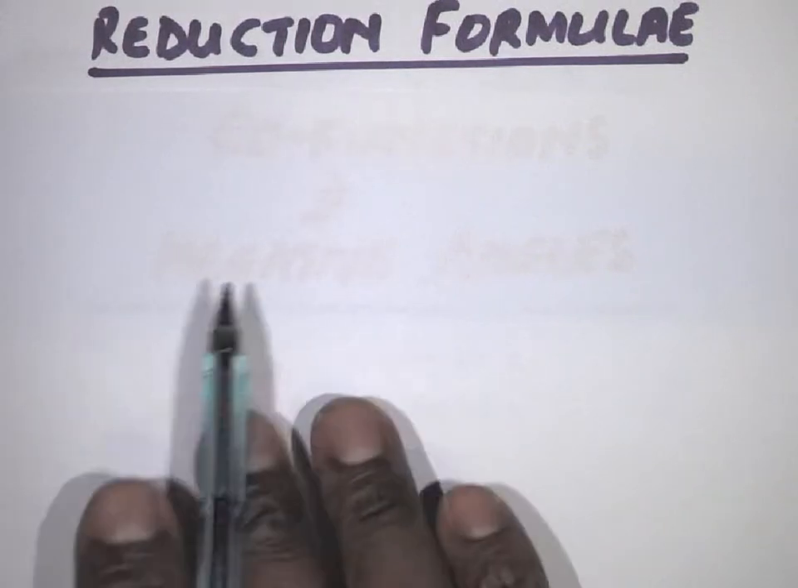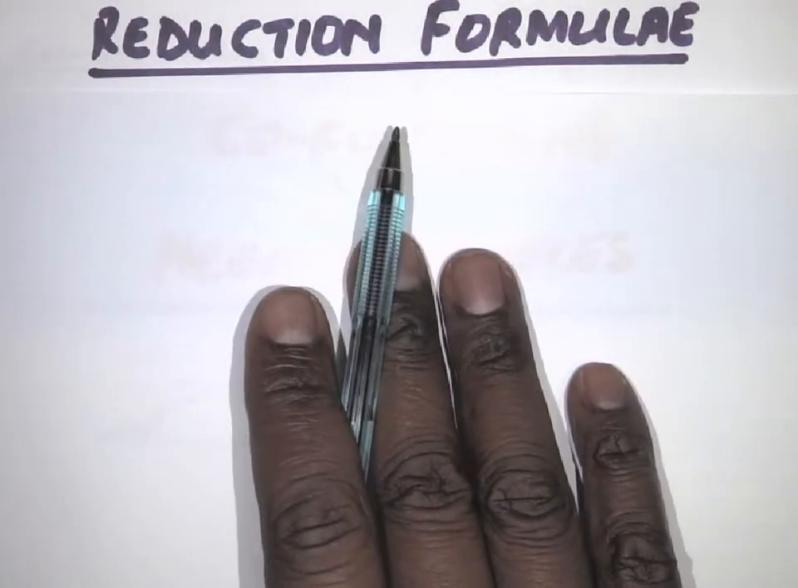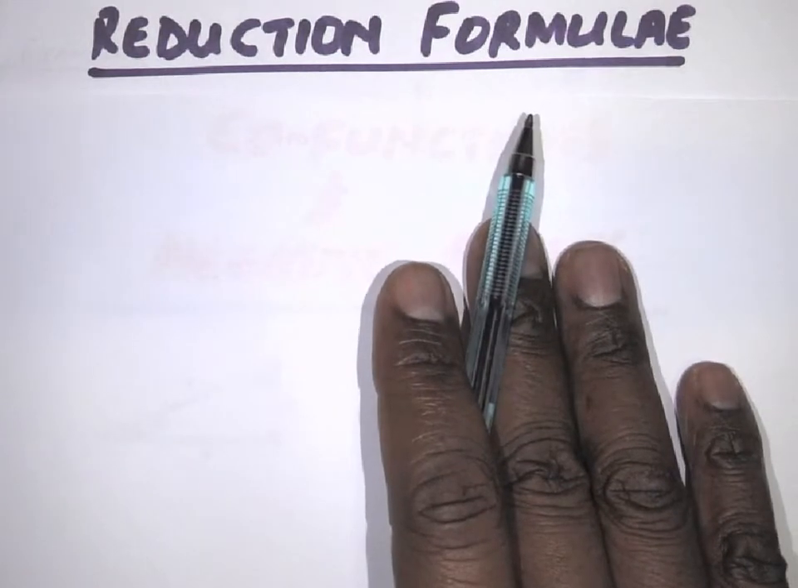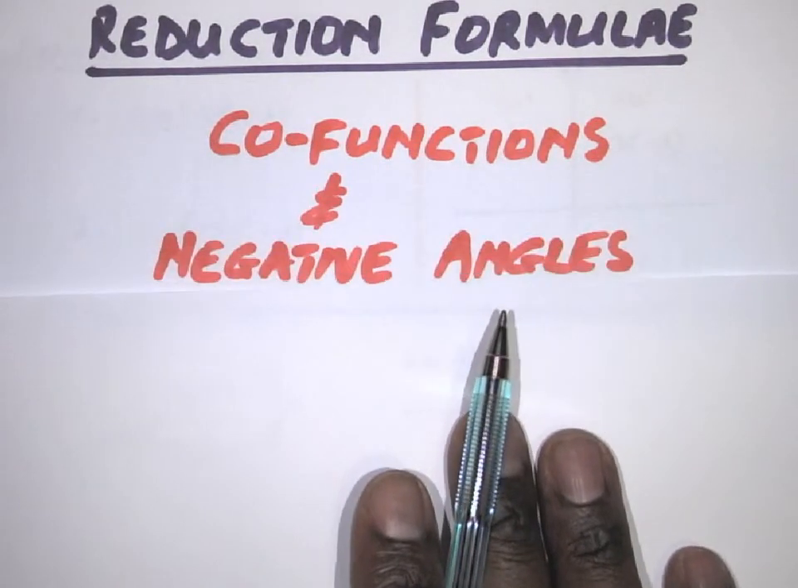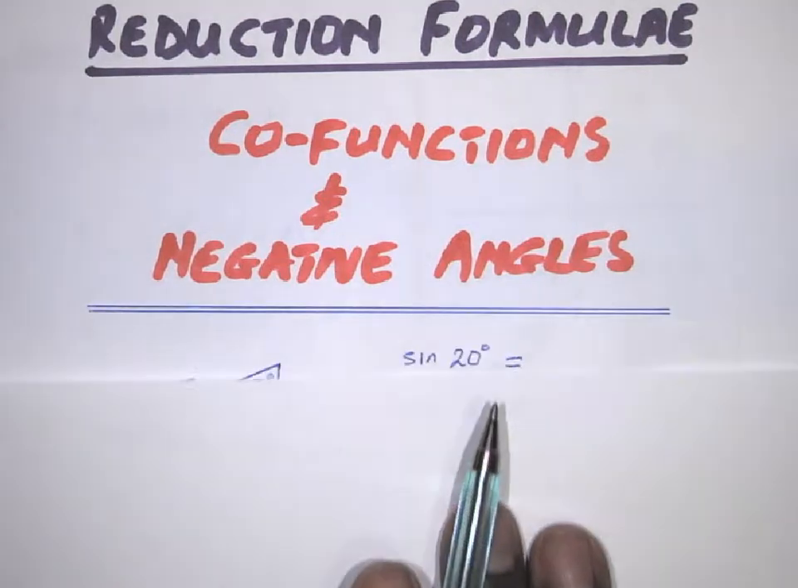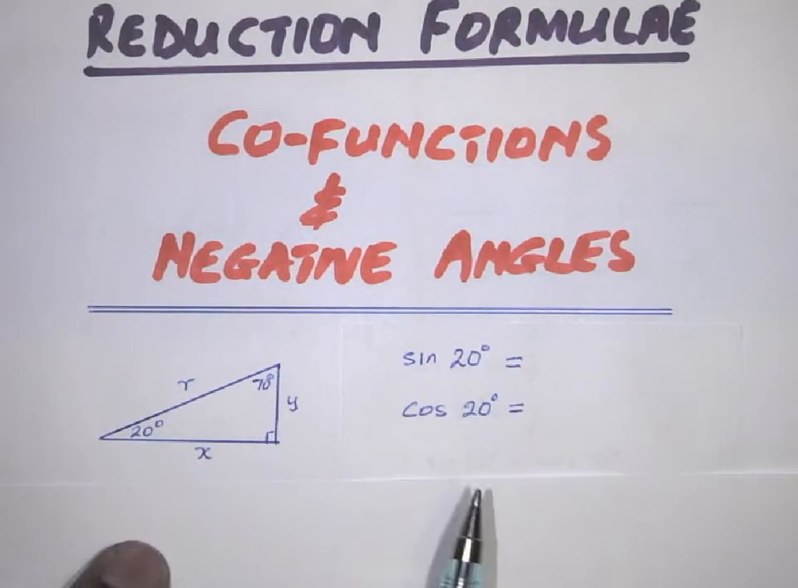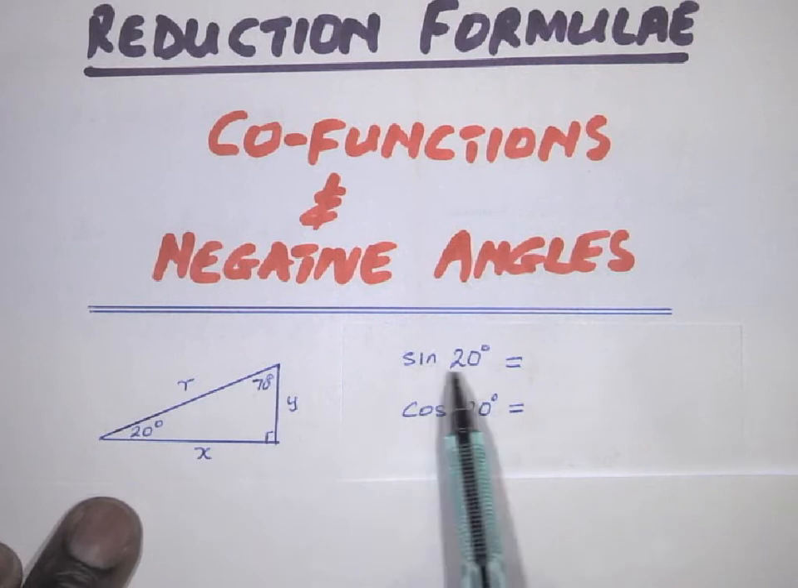In this lesson, we are going to look at reduction formula again, continuing from the previous lesson. So in this case, we are going to look at cofunctions as well as negative angles. You will recall from grade 10 that if we've got a triangle like this, we can work out sine 20